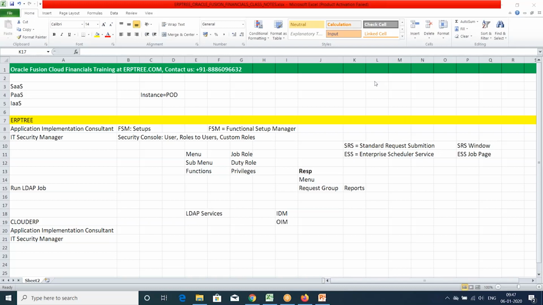Suppose I want to do any sort of form personalization on that particular customer field. I got your question. That you cannot do with SaaS. That's a little bit deeper personalization that you can do by using PaaS only. You have to do a little bit of coding for that. That is not allowed in SaaS. In PaaS, you can do that.